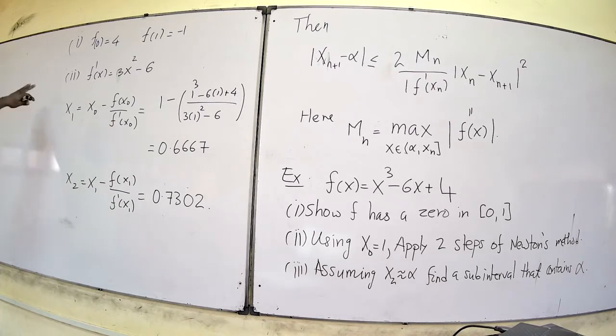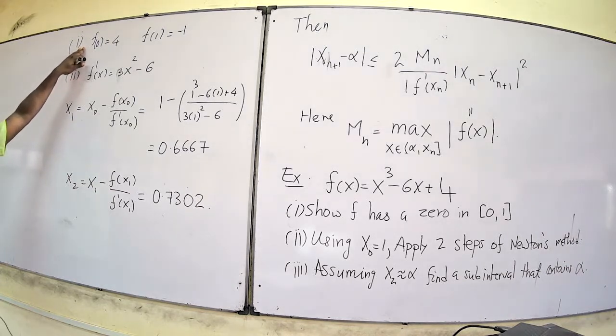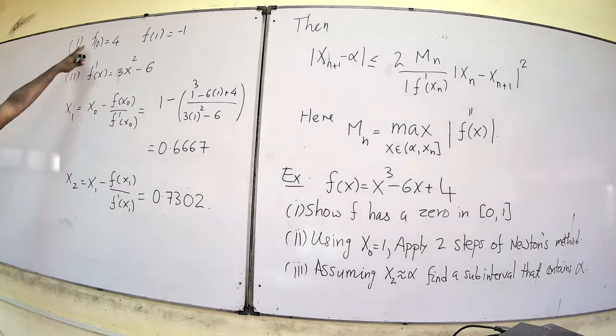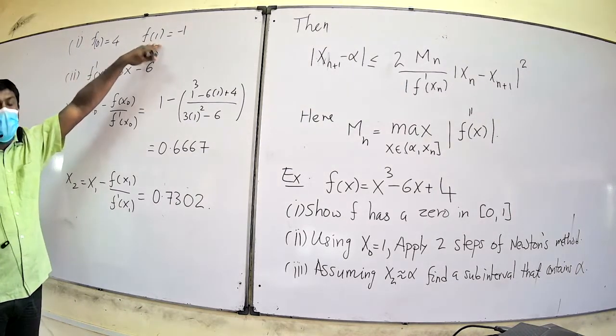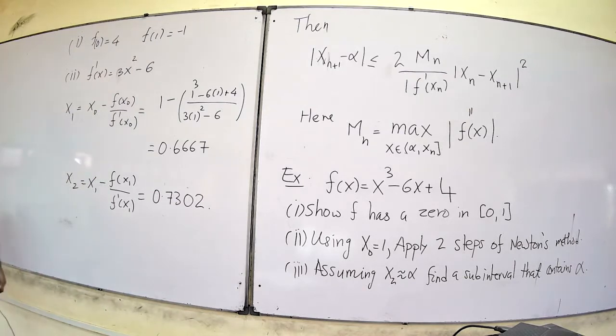Right? So this part is okay, right? So you just show that at the end points of the interval, the function has opposite signs. So at 0 it has plus, and at 1 it has minus. So that's clear. If it is plus at one end and minus at the other end, then clearly there will be a 0 in that. You can write it down, right? So then there will be a 0. And then you apply Newton's method, which you already know. So you just need to substitute the numbers in the proper places, right?